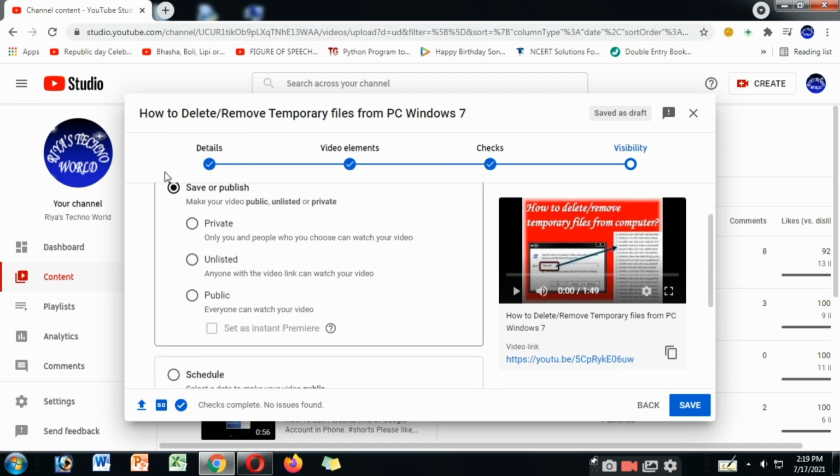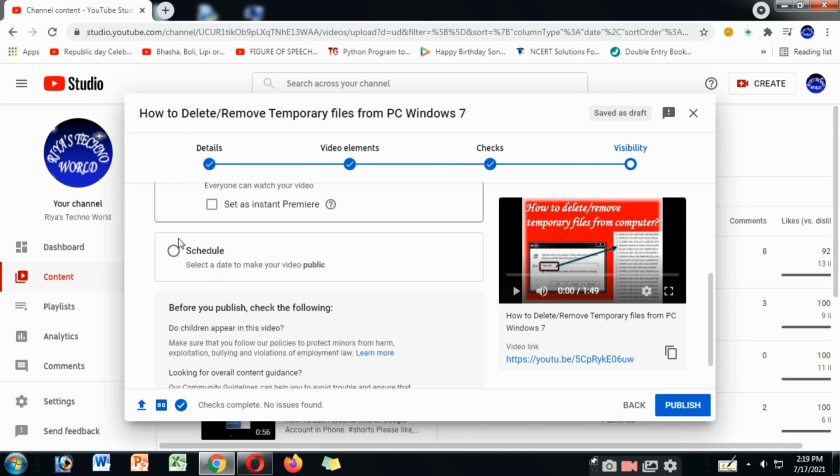Under Visibility, there are three options. You have to select the options as Private, Unlisted or Public. Or you can schedule your video.